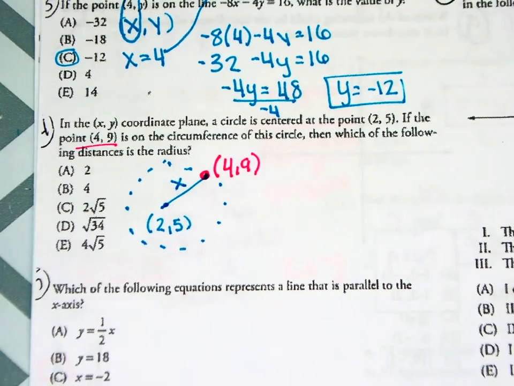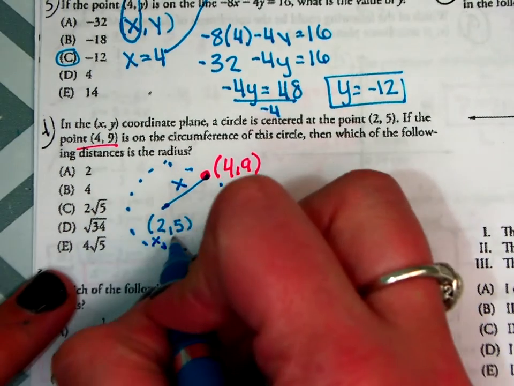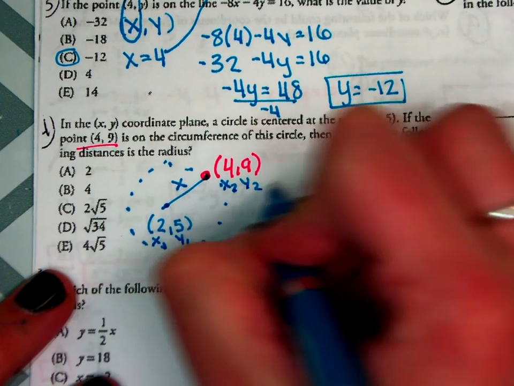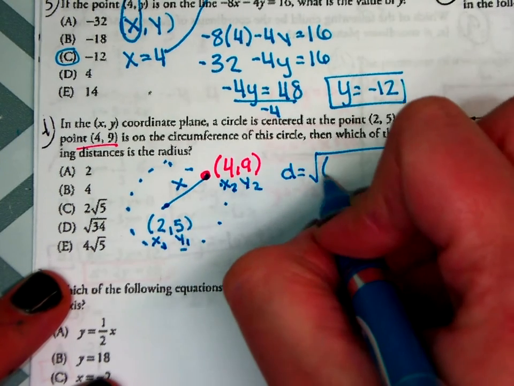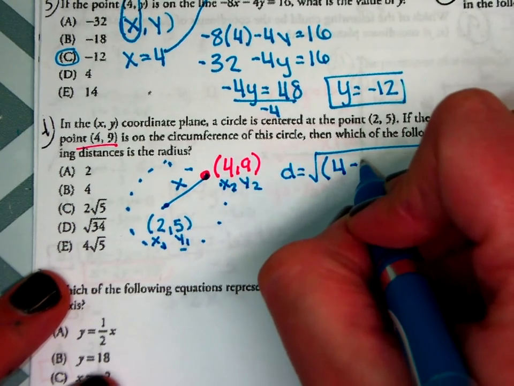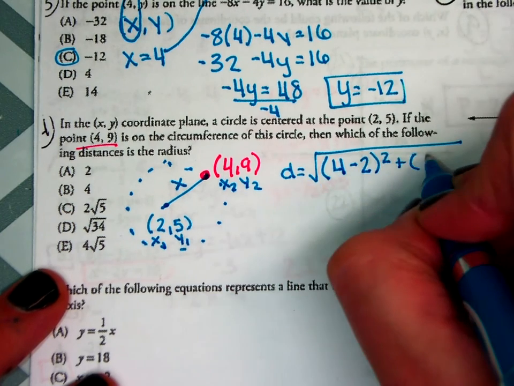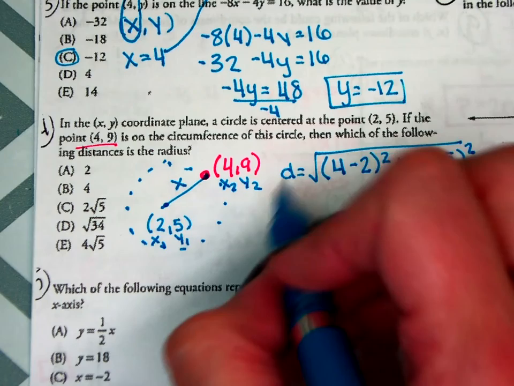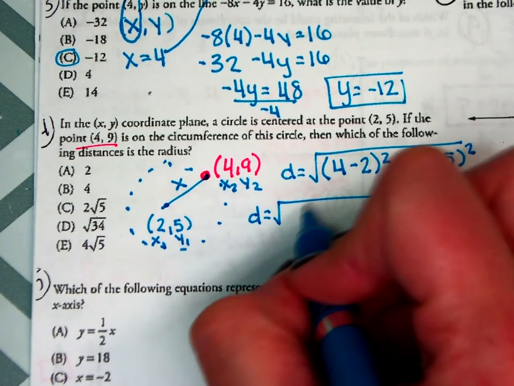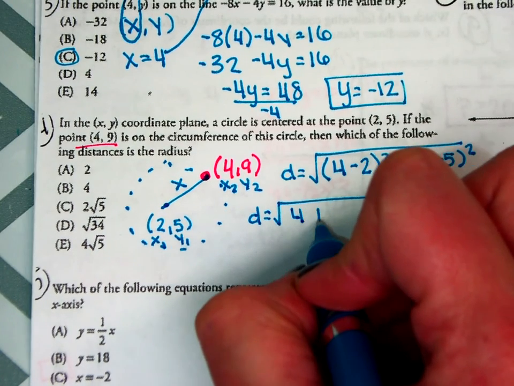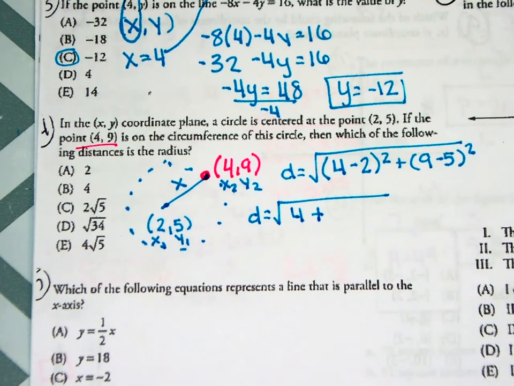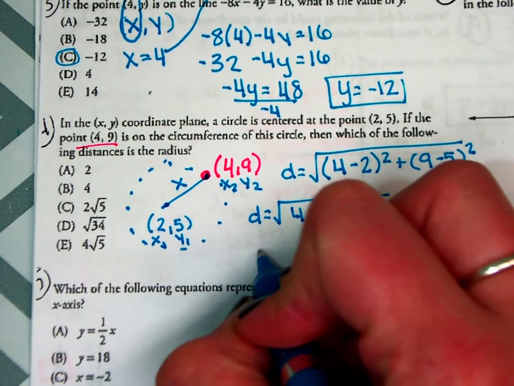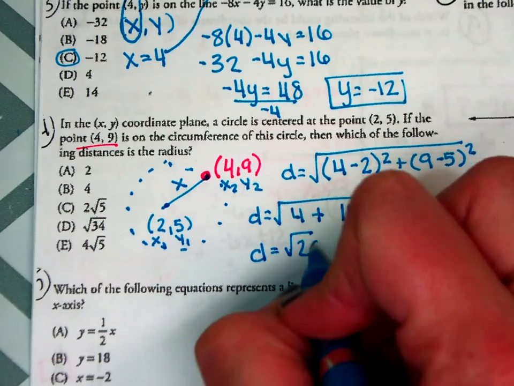Well, all we're really doing is the distance between 2 points. That's it. So this is x1, y1, x2, y2. I'm going to do the distance formula. So x2 is 4 minus x1 is 2. Do the same thing with your y. So 9 minus 5 squared. I'm going to simplify from here. So 4 minus 2 is 2. 2 squared is 4. Plus 9 minus 5 is 4. 4 squared is 16. And then my distance is going to be the square root of 20, which is not an answer,